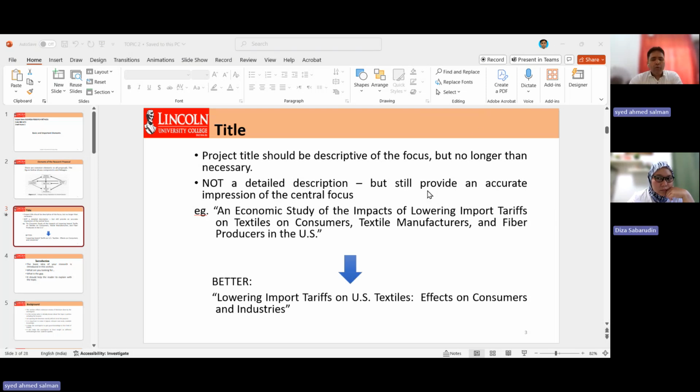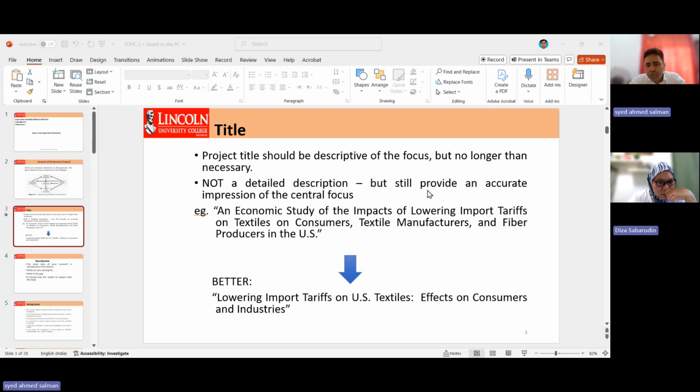So I'm not going to discuss this in detail, but you can see the example here. Focus more than necessary, because I have noticed many of the students develop the research title unnecessarily a little bit longer. Okay. So if you see the example here, I have prepared one example, a long title,